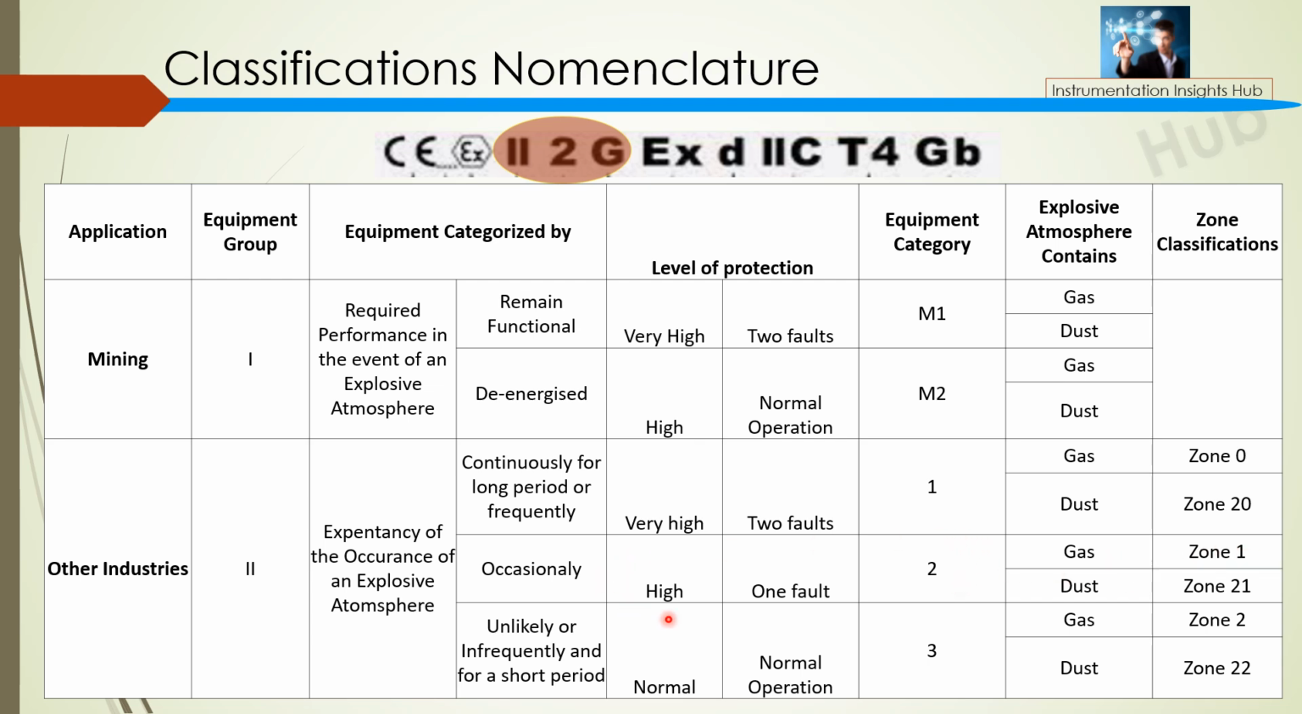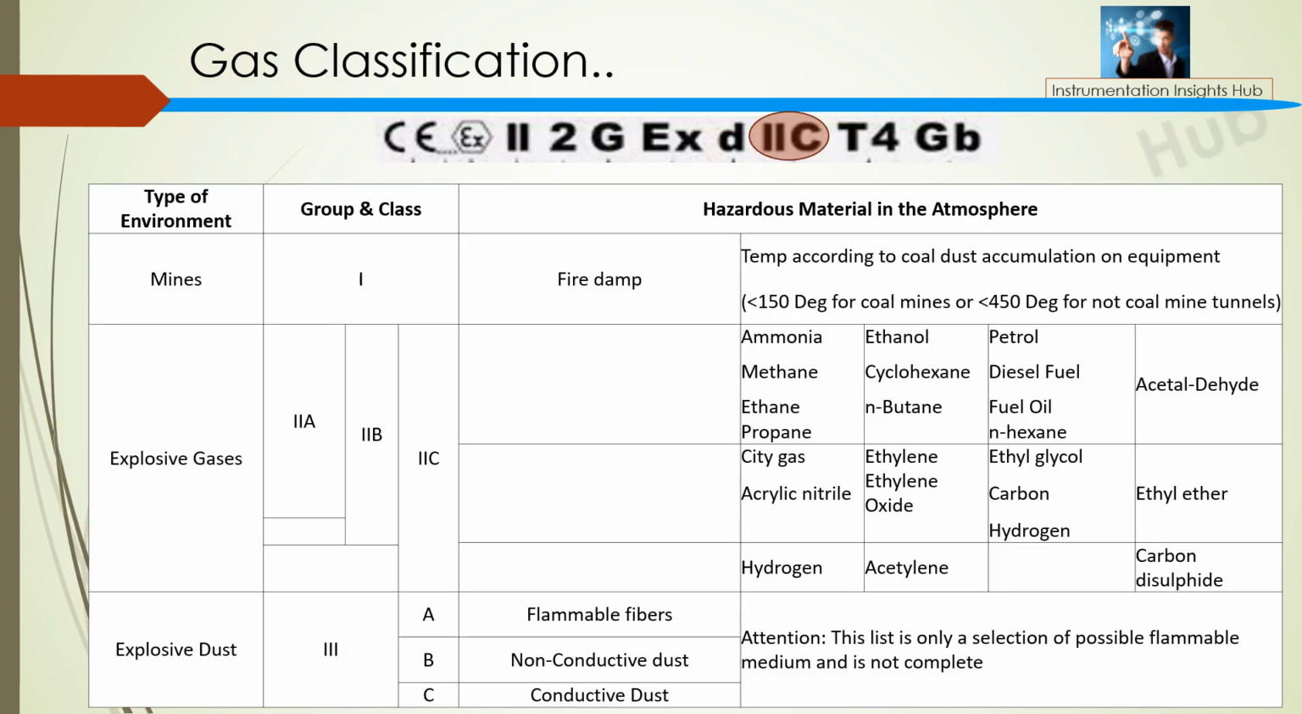So one fault and a very high level of protection is required, right? So that will make 2G. Going to the next slide. Yes, 2C. 2C means if 2A is there, then